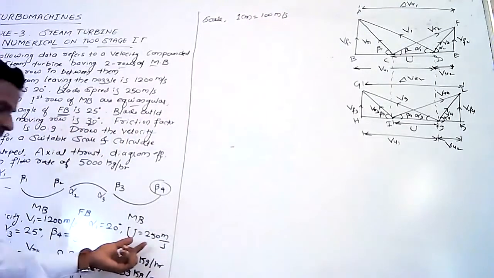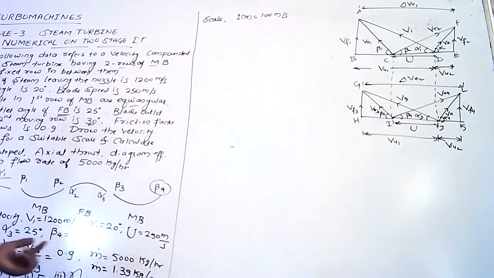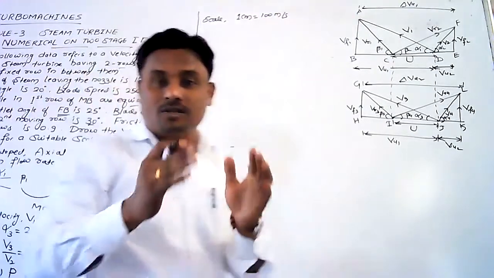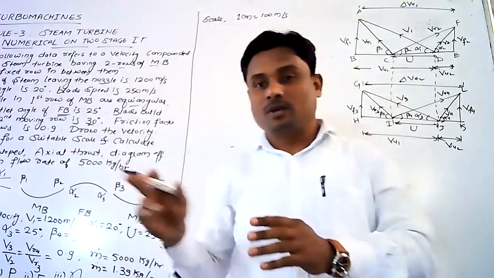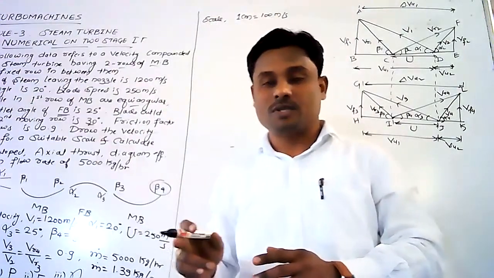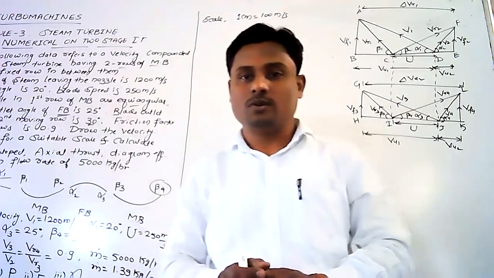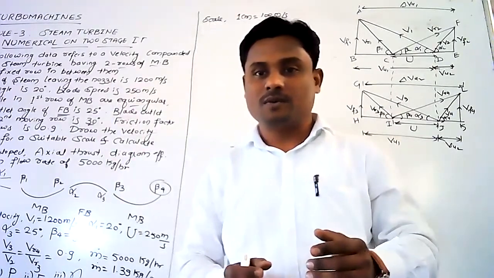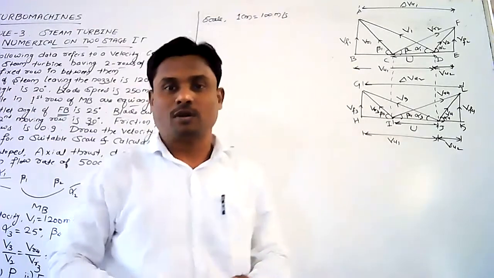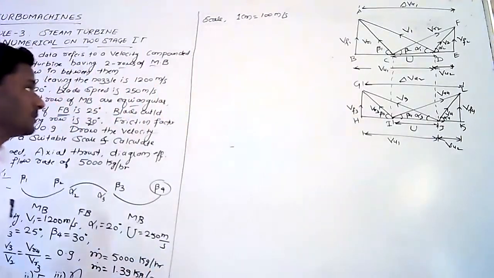If you take 50, then the value of V1 in terms of centimeters will cross the margin. So you have to adjust the scale such that the line should not cross the graph margin. You can do this solution on the graph paper which is given in the answer booklet of your external examination.